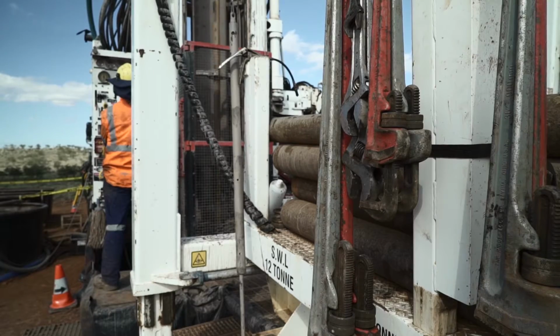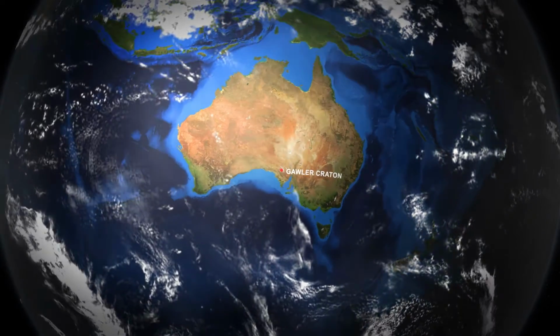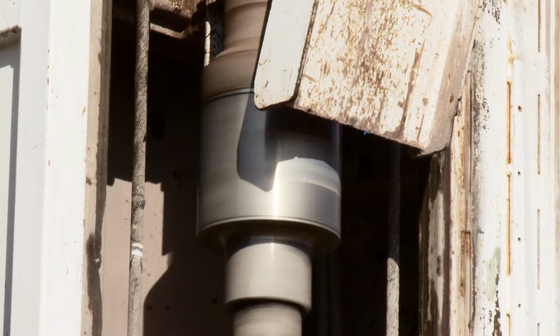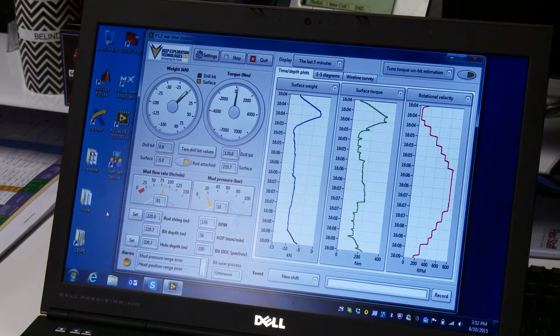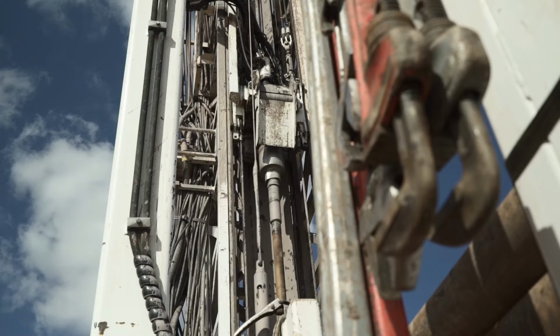The Mineral Systems Drilling Program is a collaborative drilling program to drill new holes in the unexplored areas of South Australia's Gawler-Creighton and to trial DET CRC's new technologies. The wireless sub has been trialled in the program, and it provides a mechanism for measuring and transmitting data from the drill string to a local computer for storage and analysis, and in doing so provides a mechanism for optimising